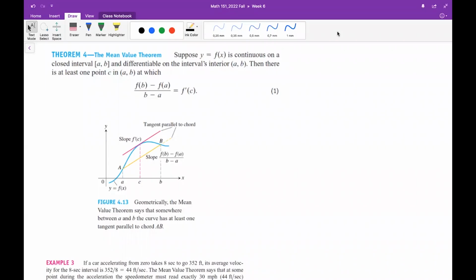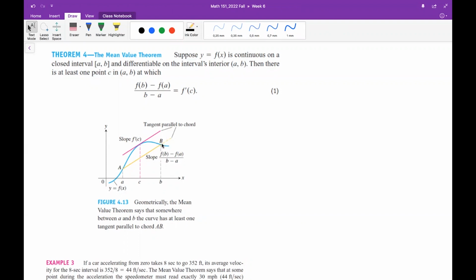Everyone, this is lecture video 21. We will cover the mean value theorem in this lecture. This theorem is the generalized version of Rolle's theorem, which was explained in the previous lecture video. In fact, the mean value theorem is the slanted version of Rolle's theorem. It guarantees that there is one point on your graph whose tangent line is parallel to the line segment from